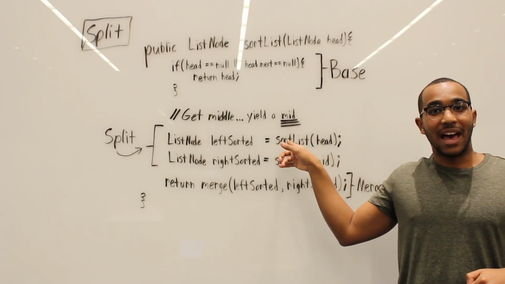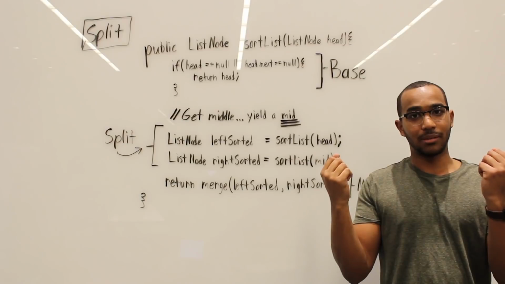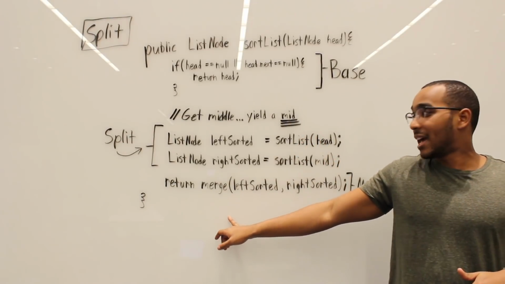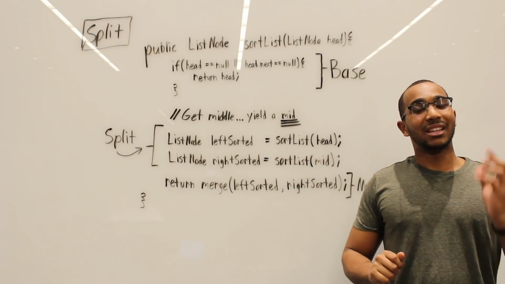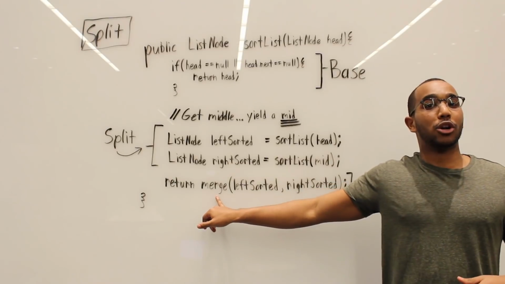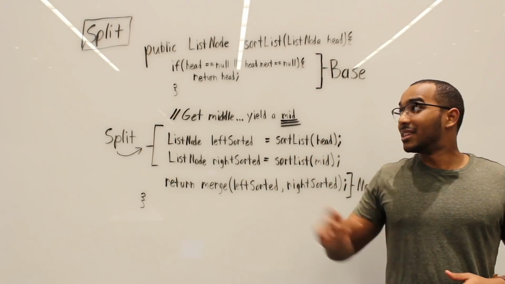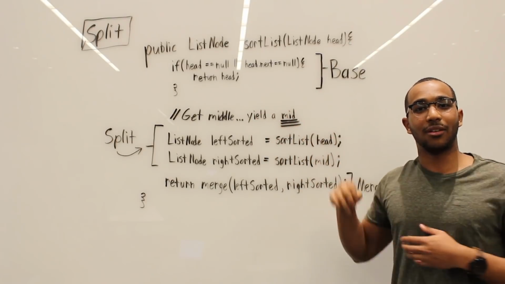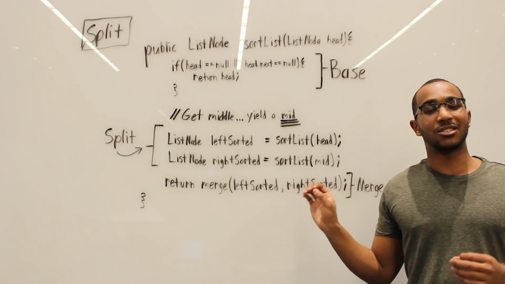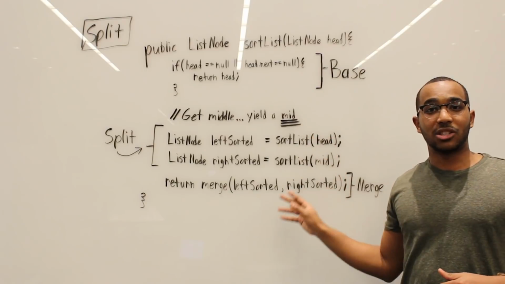Once we have a left half and right half sorted, remember, my left is sorted, my right is sorted, when I need to combine them is when I come down here. I say, caller, I will give you the left side and the right side sorted. How do I sort that? I do the merge subroutine. So this is the split subroutine. This is the splitting. This is the main driver of merge sort. And again, the code is in the description. I just wanted to talk this over because it's a great example of understanding how recursion works. This is the split subroutine.